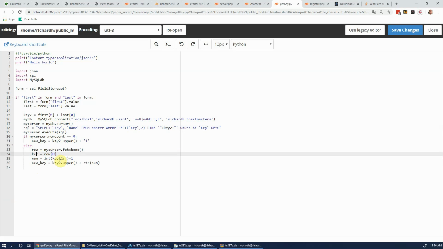And then we want to take the integer portion, or we want to hack off the first two characters and just take the key following the first two characters, and that's just the number part. And we want to make that an integer, and then we want to add 1 to it. And that's what we want this new key value to be. Same as this, except we're going to append onto it the next higher number. Okay? And when that's done,